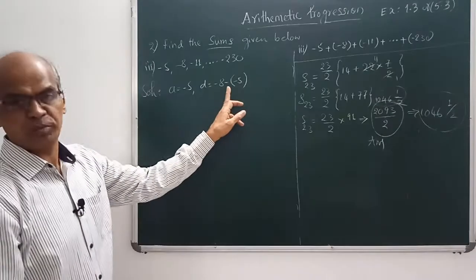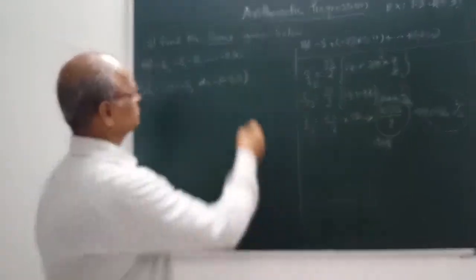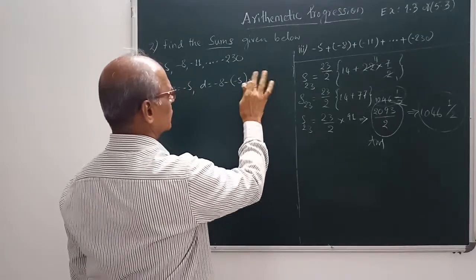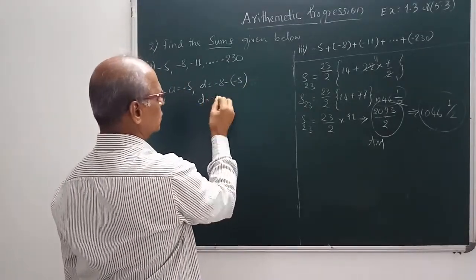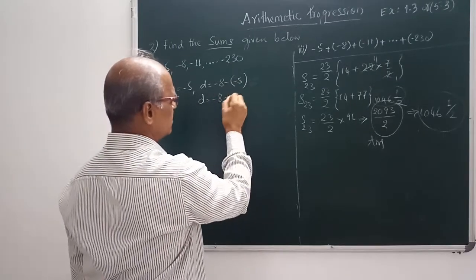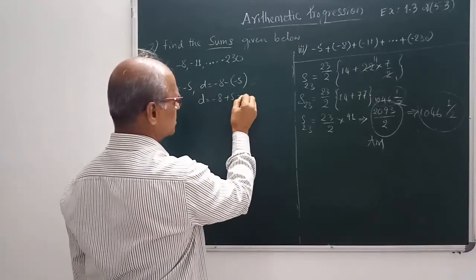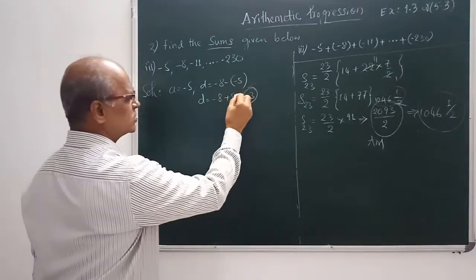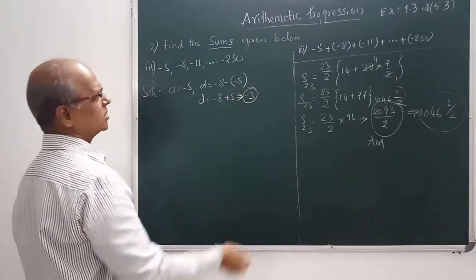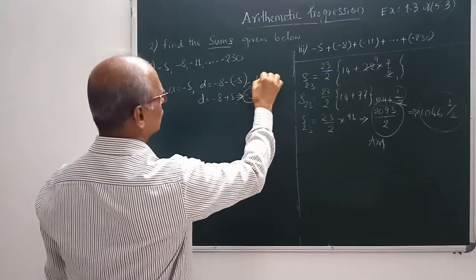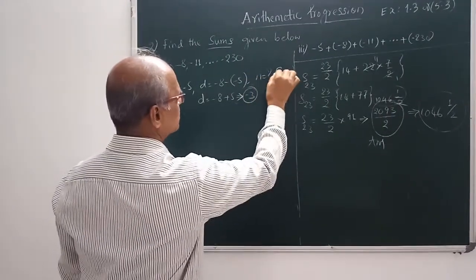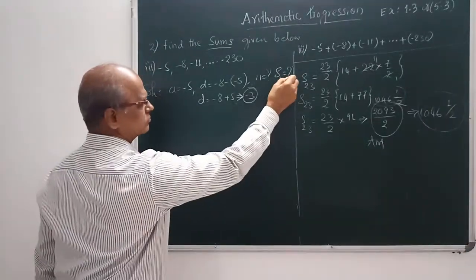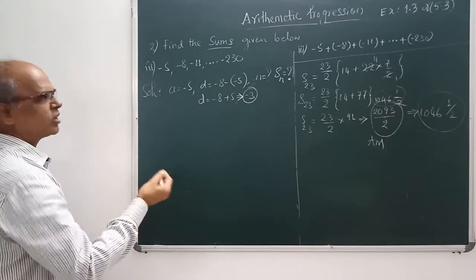This minus is formula wise. This is a negative integer. Now this is D. Or you can just find it below. Minus 8 minus into minus plus 5. So what is your answer? Minus 3. D value is minus 3. Right. So what to find here? N also we have to find first. Then Sn we have to find. Same like the first one. Okay. Now let's go for N.